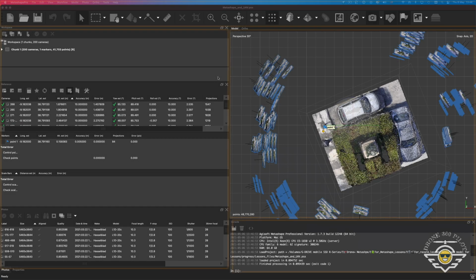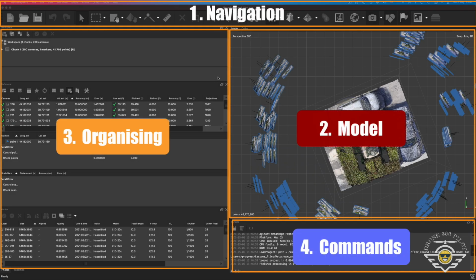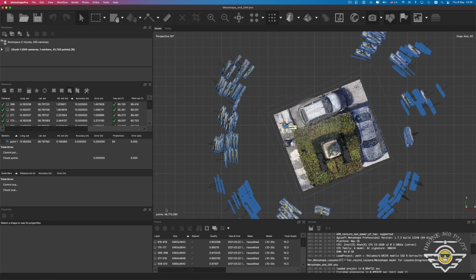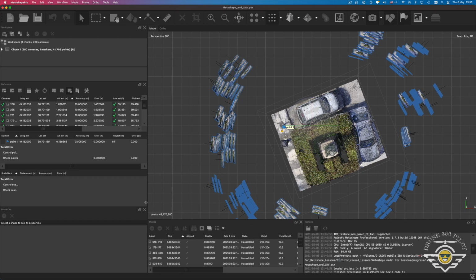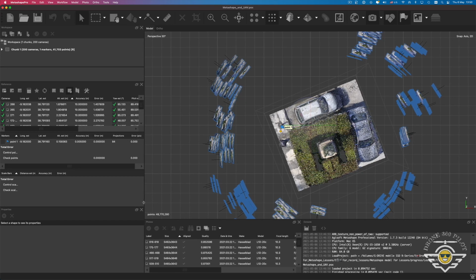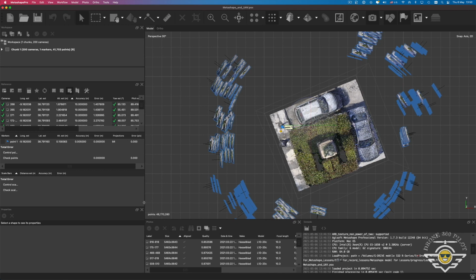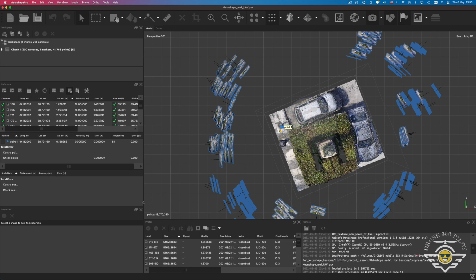This is an area for advanced control and manipulations. Together, it looks like very simple and clean layout. Well, by the way, majority of user interface elements can be easily rearranged, like I will do with Photos pane right now. Placing your mouse pointer at the boundary between any of tabs will let us resize panels so they are scalable. If you make changes to your layout, next time when you open Metashape, you will be working with previously customized by you layout. Currently, Metashape doesn't support an option to save custom layout as a personal version of Workspace.